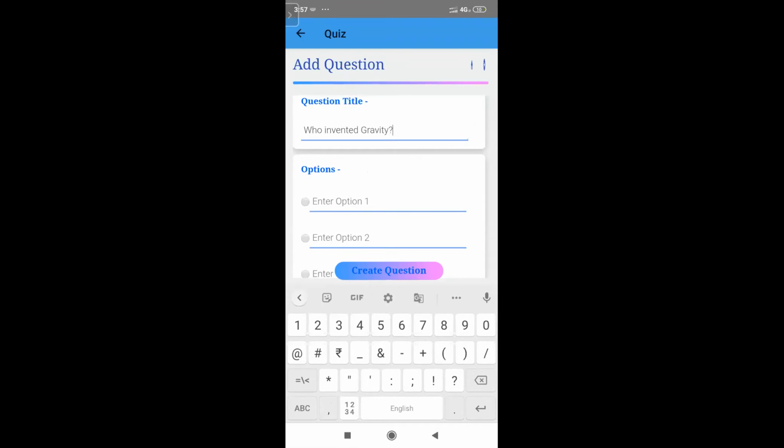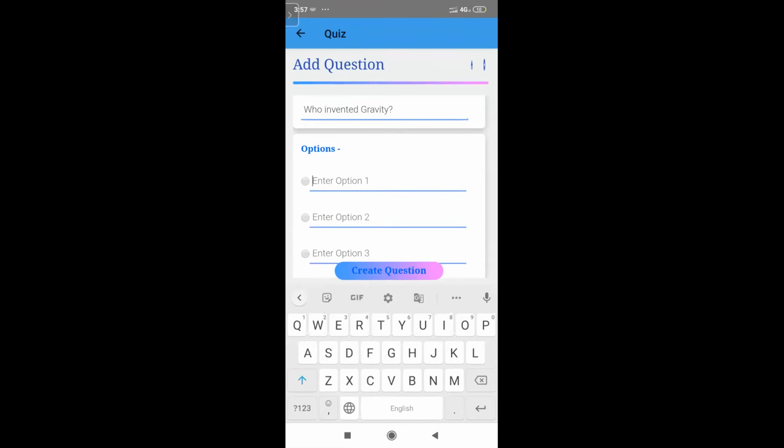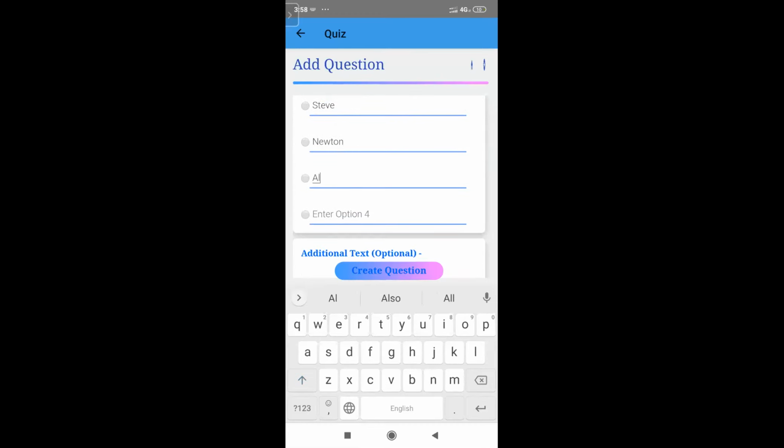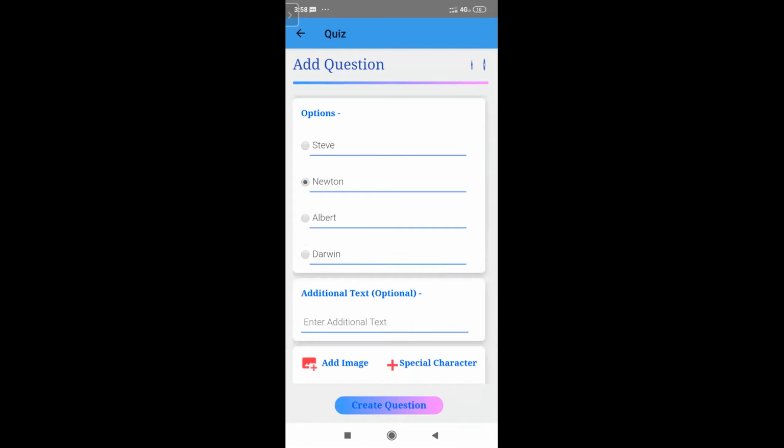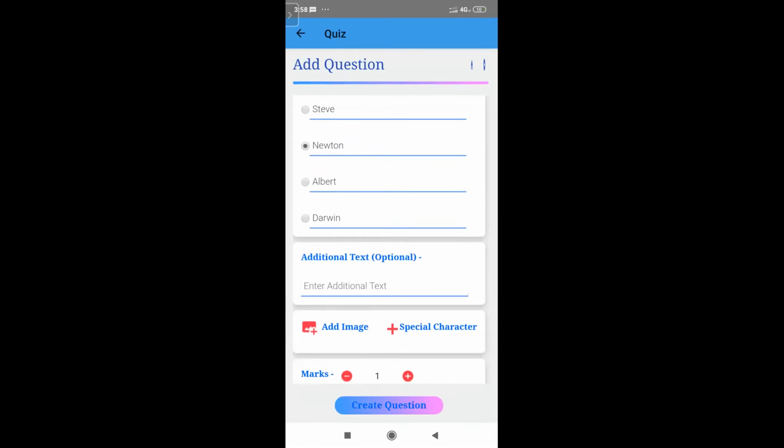Then I can type my question, I can type my options, and I can select which one is the correct answer.